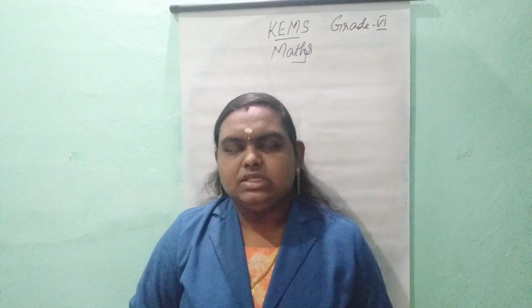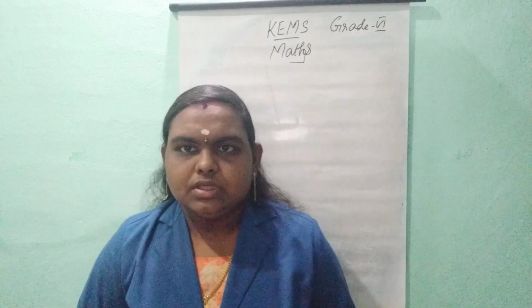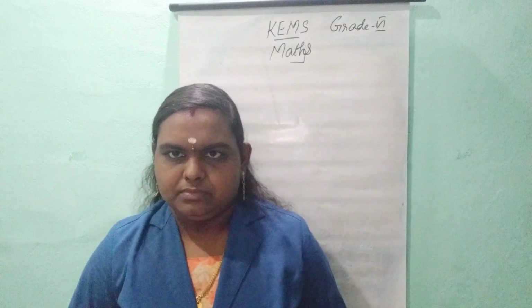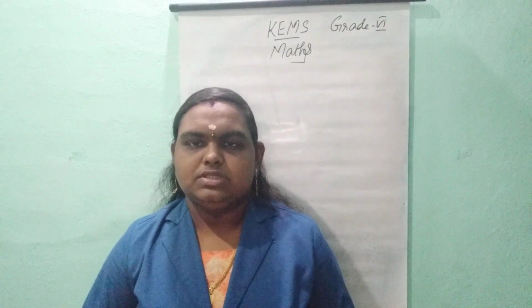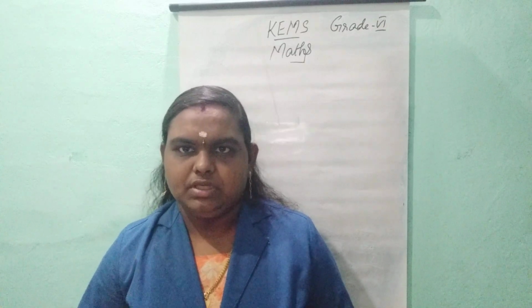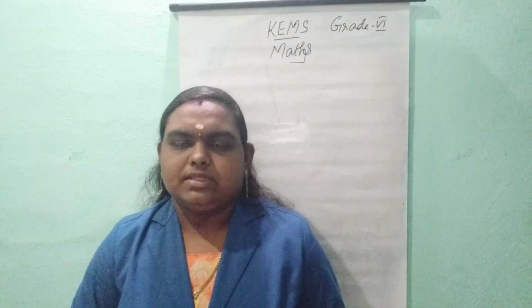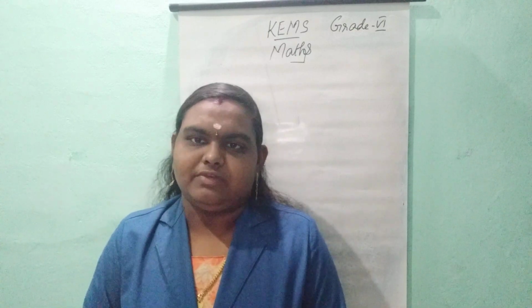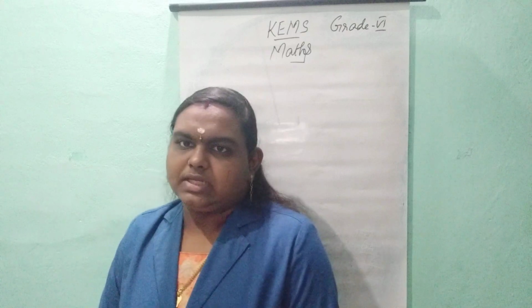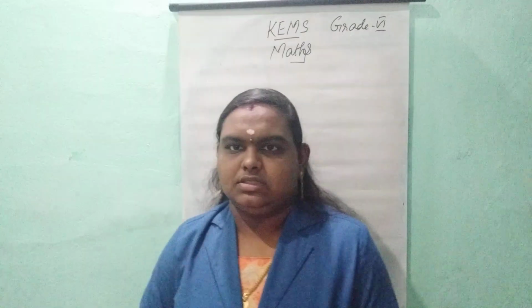Okay. Then we learned how to convert fractions into simplest form. How to convert into simplest form? First, we have to find out the factors of each number. Then we have to write the common factors. Then we should write the highest common factor. After writing the common factors, you have to take the highest number. Then you have to write it.